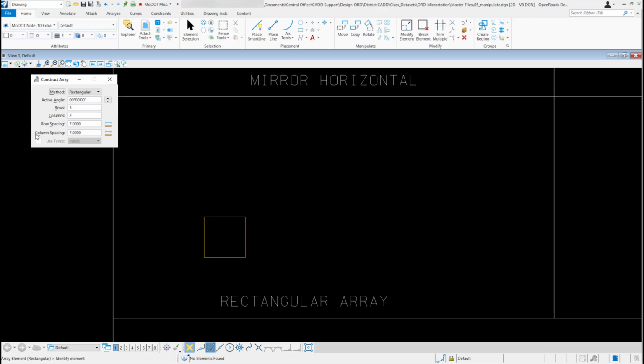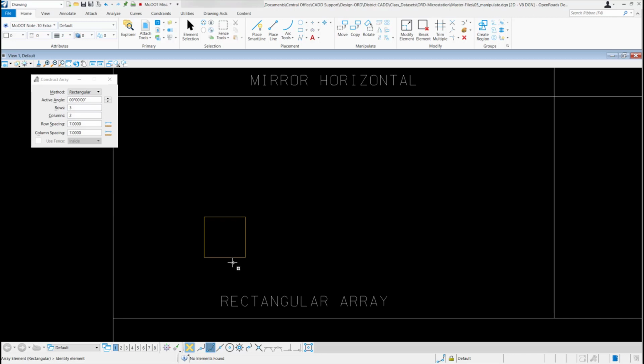If you didn't know the distance, you do have this measure tool, and it will go out and measure a distance. If I left click on it, I'll show you what it does. It's going to want you to define a start point. So I'm just going to left click out here somewhere. Now you can see when I drag my mouse, it's creating this construction line. If I left click to end it, it's going to enter that distance in the row spacing. That's not what I want. I'm just going to change it back to 7. Hit enter.